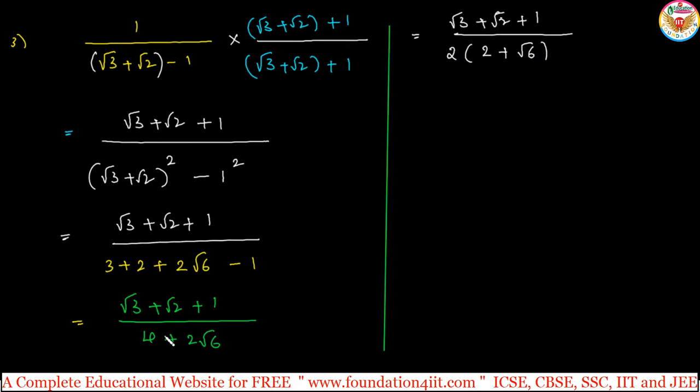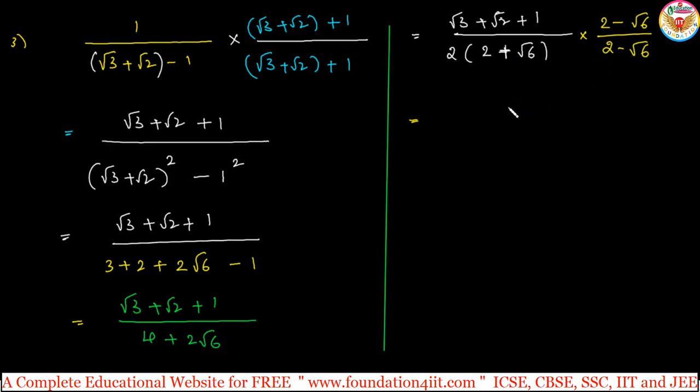Instead of multiplying and dividing with 4 minus 2 root 6, we can multiply only with 2 minus root 6, because from 4 plus 2 root 6 I took 2 common. Now we will multiply and divide by 2 minus root 6, because 2 plus root 6 is the irrational number. So the rationalizing factor, directly we can take 4 minus 2 root 6 also, but it's lengthy. So to make the problem simple, you can do it in this way. If it's possible, take the common factor. Only for the irrational part, you find the rationalizing factor.